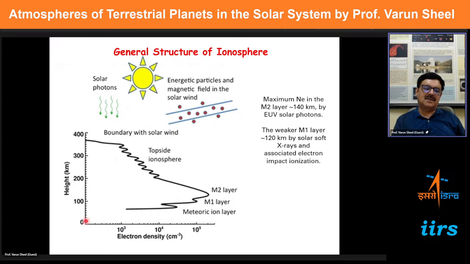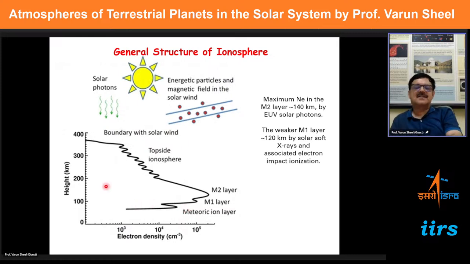And you can see from the surface up to 300 kilometers, the ionosphere is there. But different regions of the ionosphere are characterized by different processes. So here the EUV radiation is dominant, which is a major source of ionization. Somewhere here you have X-rays, which are the major sources. And here you have micrometeorites, which come into the atmosphere and form this layer.